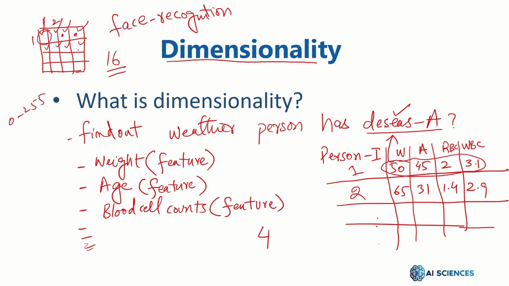Now, in real settings, these images are no longer 4x4. They are really high number of pixels in those images, and it is not uncommon to have images like 1000 by 1000 or something like so these days. So in this particular case, the total number of features that we are working on is 10 raised to the power 6, which means the total dimensionality of our face recognition data is 10 raised to the power 6,